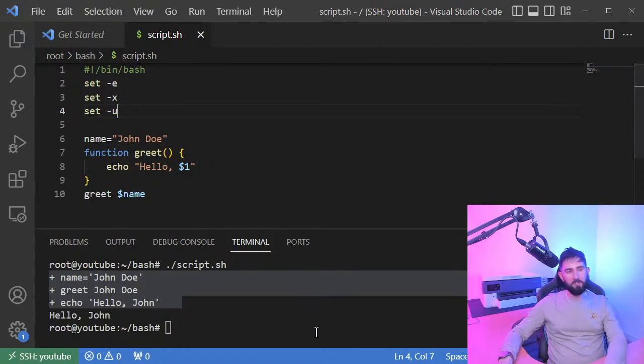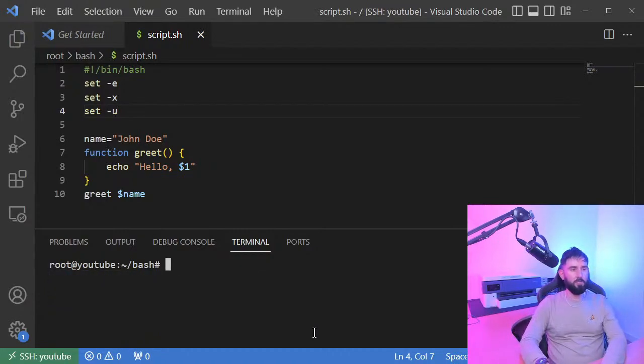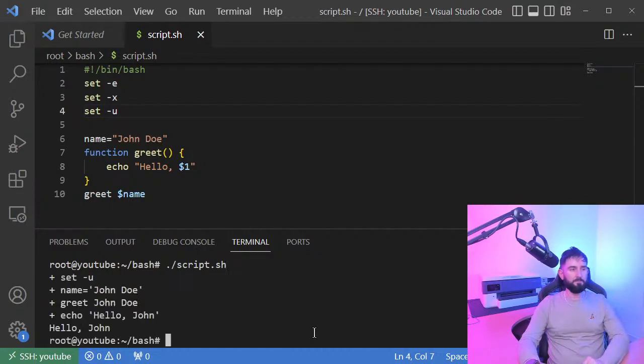Now nothing's going to change at this moment in time, but the set -u basically stops the script from running when you get an undeclared, undefined variable, etc. So I'll give you an example of that now. We're going to run the script normally, and you can see it runs. We've got this additional line now because this comes after the